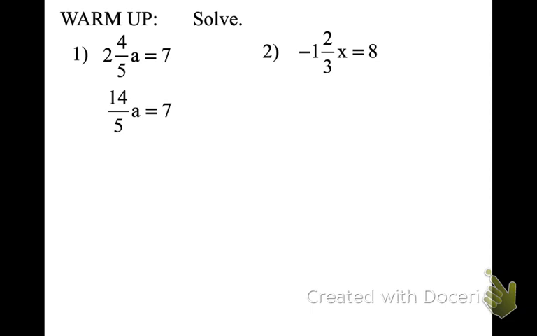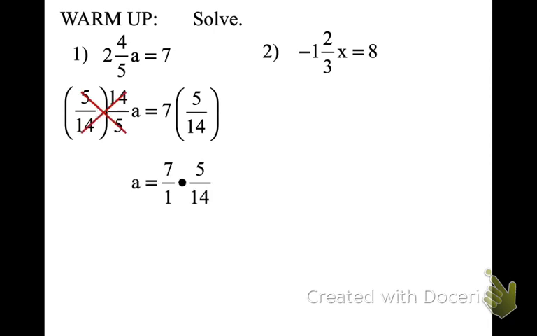Now, because there's a fraction in it, the easiest way to get rid of it is to multiply by the reciprocal of that fraction. So I'm going to multiply both sides of the equation by 5 over 14. And now we can cross cancel on the left. We're left with A. And over here we can also cross cancel. I can divide a common factor out of the first one: 7 out of 7, I'm left with 1, and I can divide 7 out of 14 and I'm left with